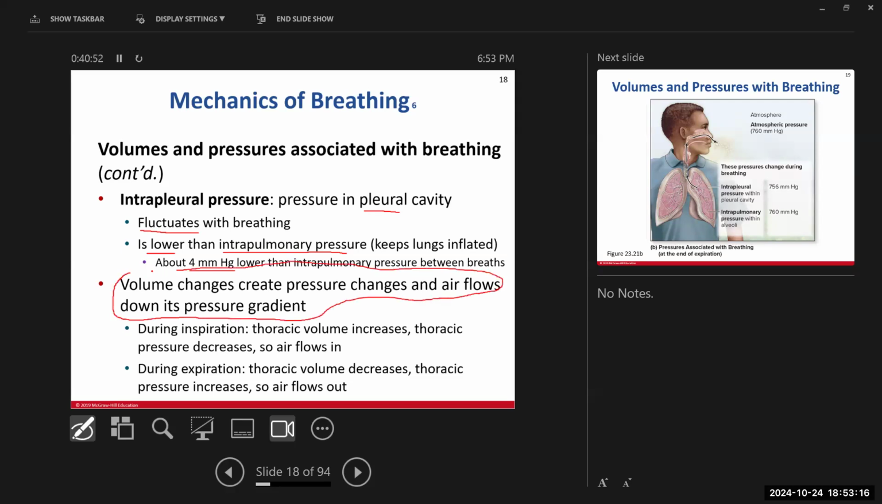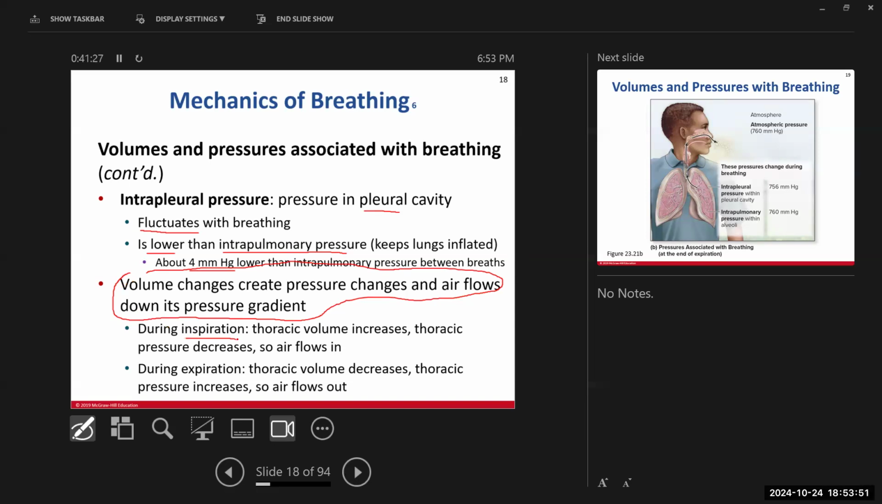I didn't mean that. Okay. So literally, we understand Boyle's law, hopefully, the inverse relationship between volume and pressure. So this statement here says volume changes create pressure changes and air flows down its pressure gradient. We need to change that pressure gradient so we can direct the movement of where air is going to go. So when you want air to enter into your lungs, when you're taking a breath in,